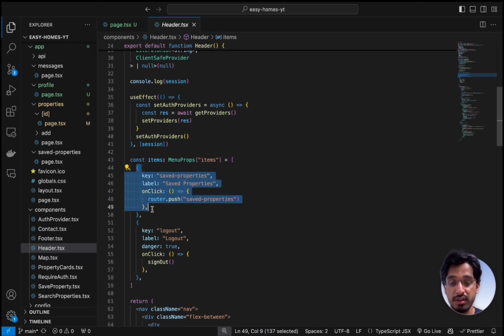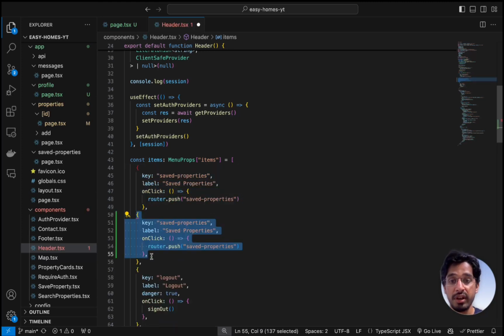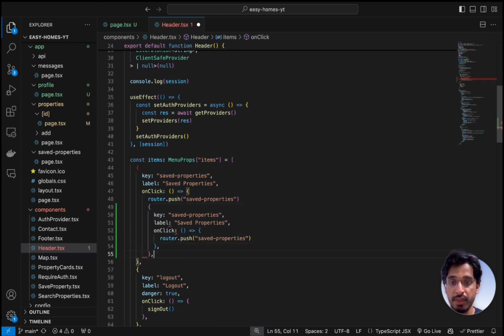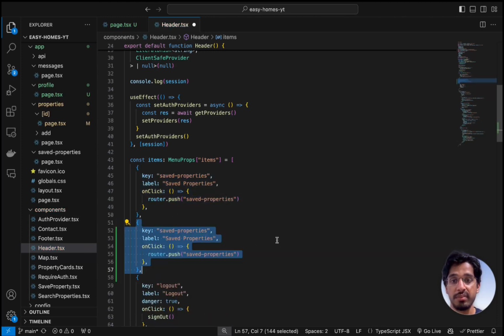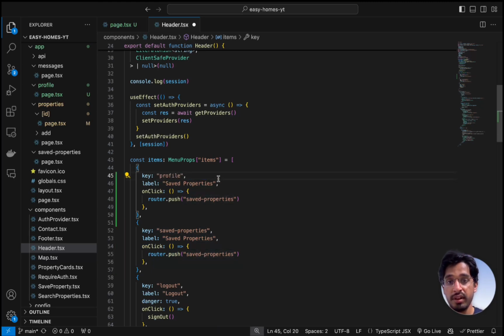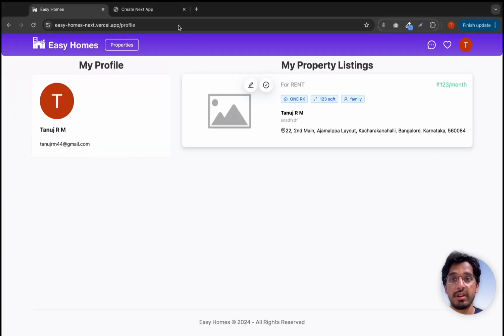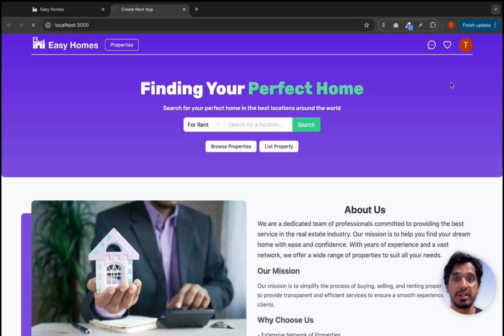So let's add another item within our array, and this should close here. I just messed this up. So I'll just duplicate this item and call the key as profile, and the label to be Profile with capital letter, and when we click on this button, it should navigate us to /profile. With that saved, we can now go back to our application, and now if I refresh,